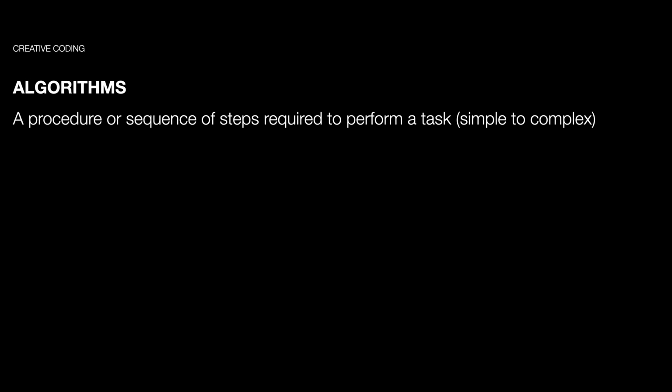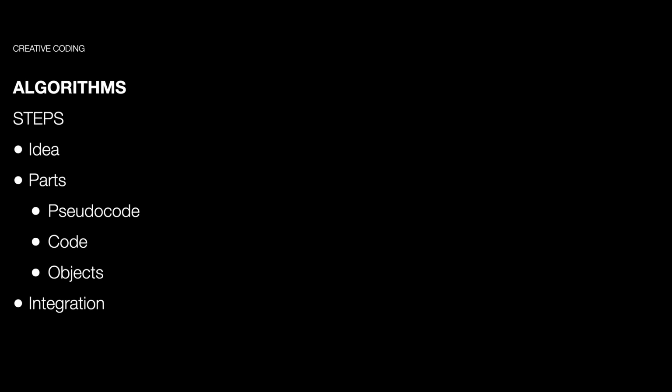And I think as you move forward into the complex algorithms, it's helpful to have a process and an understanding of how to organize your thoughts. So here is a list of steps to break down your ideas, or to start the process. The first one is to have an idea, maybe, and to just state it out loud. From there, we might break it into different segments, like looking at pseudocode. This is writing the steps of how to do it, but not using the programming syntax yet. Just thinking about what the different steps are.